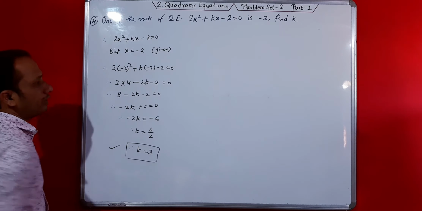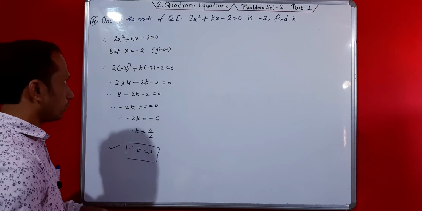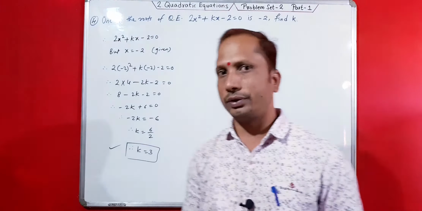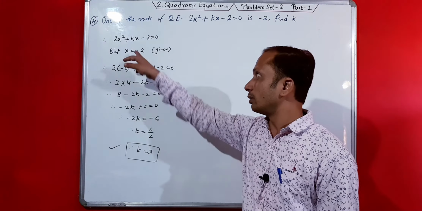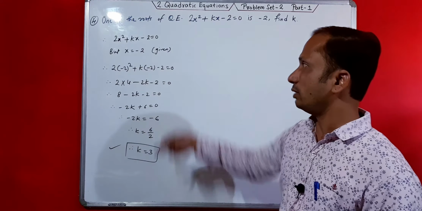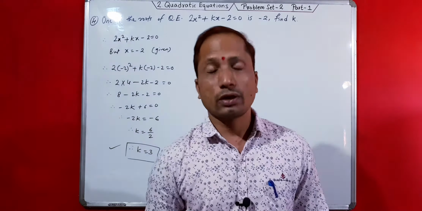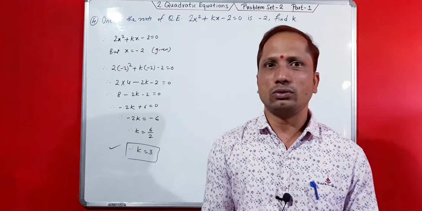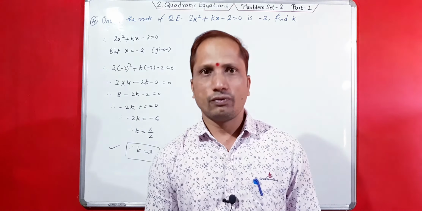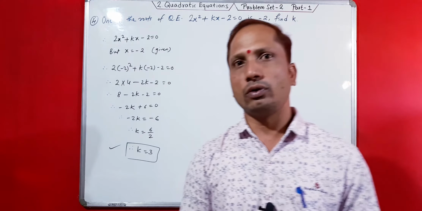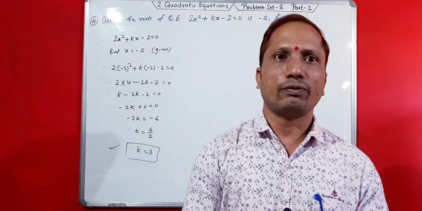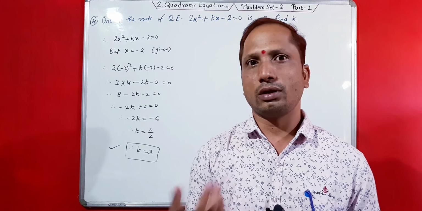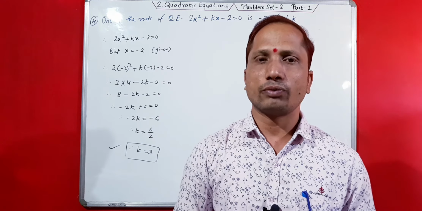Okay, so this is the value of k we have got after the calculation. Just put the value of x, because one of the roots is given, and do the calculation. This type of question is very easy to solve because it takes little effort. If you do the calculation properly, you get the proper value of your k, whatever alphabet is used as the constant. So do the calculation properly, and you'll get that value.